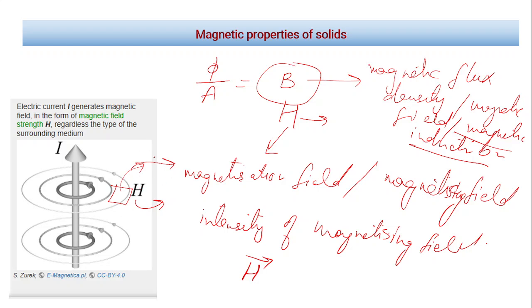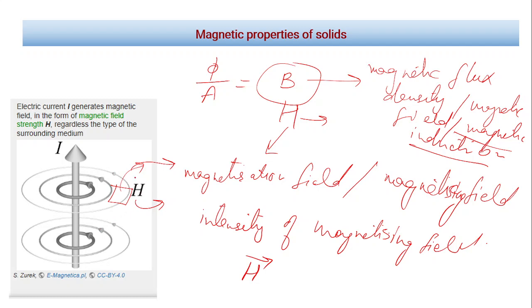Now it depends how much it will get magnetized. That is the property or characteristic of that material, because different materials have different strength or different intensity to which they may respond. Some may get aligned or attracted, some may repel this H, and we'll see we have some materials which, when placed in a magnetic field, the magnetic lines of force tend to pass through them, and sometimes we have materials where these magnetic lines of force tend to avoid passing through them.